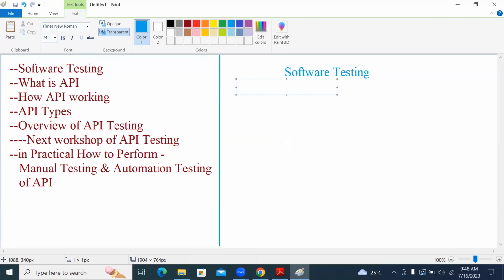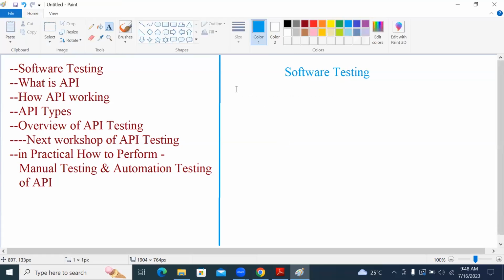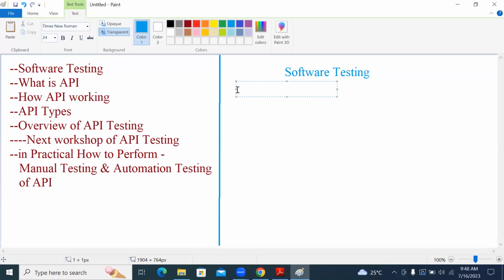So if I take software testing, in simple terms we can say it is doing a comparison of expected result with actual result.